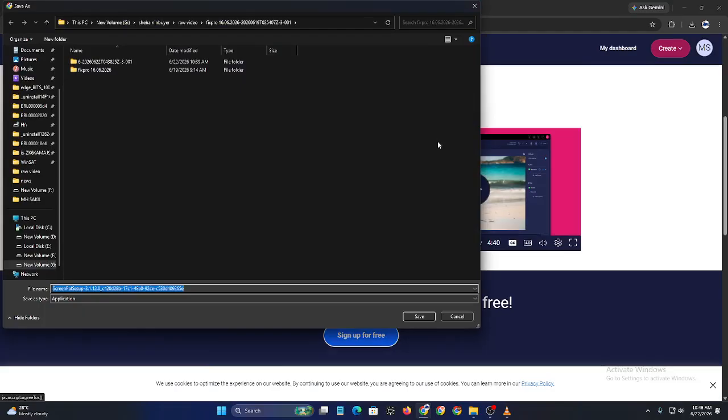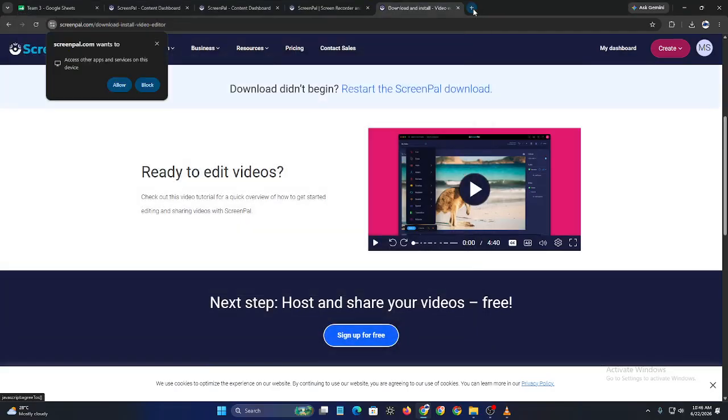and that's how to add captions in ScreenPal. By generating captions, reviewing their accuracy, adjusting timing, and customizing their appearance, you can make your videos more accessible, engaging,